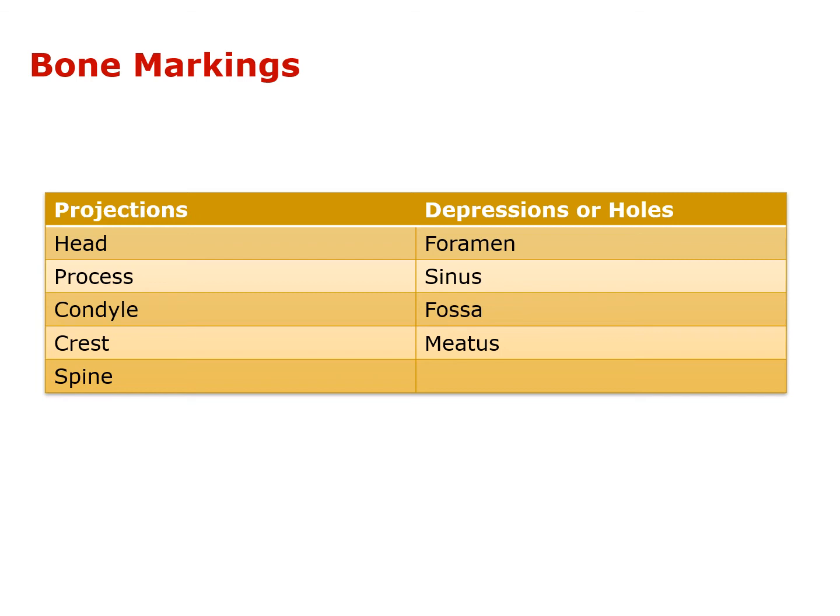A sinus is a cavity or hollow space. So in your head, in your skull bones, you have these cavities, these air-filled chambers called sinuses, right? Okay. A fossa is a depression on a bone surface. So it's not a hole, it's just kind of like a little valley in the bone. And sometimes we have processes that fit right into those little fossas so that your bones can be kind of